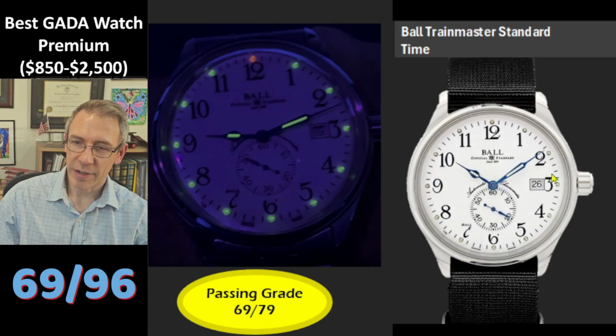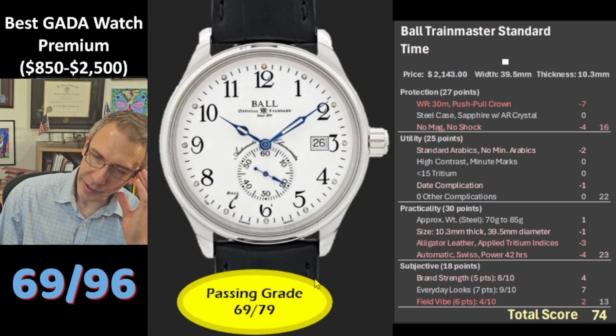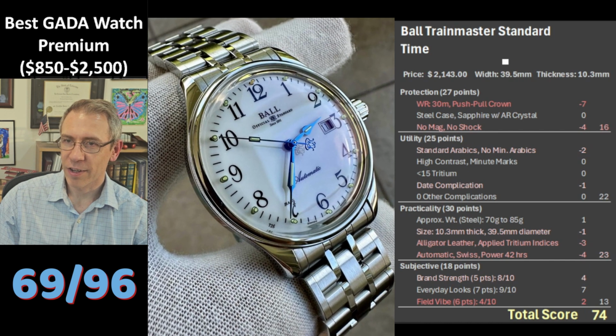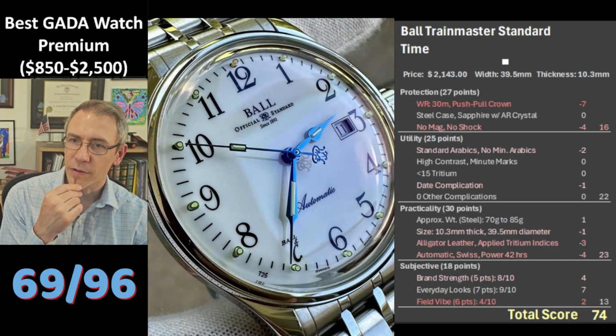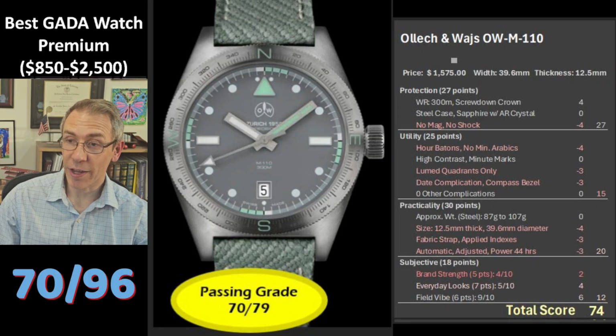Looks cool on a black NATO strap. I think that's suitable. The black leather is not great, but it does match the aesthetic. If you're trying to be a train conductor, it matches the era of train conductors. And I like how they put Ball here on the 7, similar to what Cartier does with the Santos. Total score 74. 70th place is the Oak and Oscar